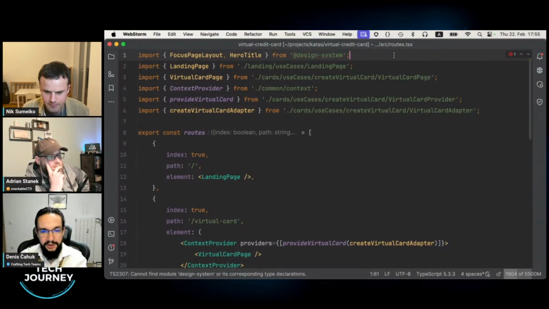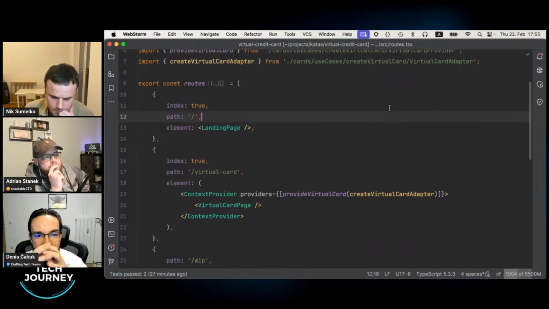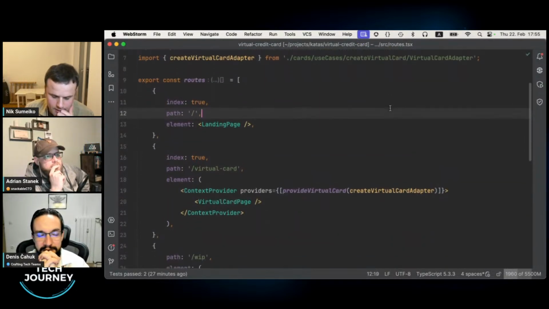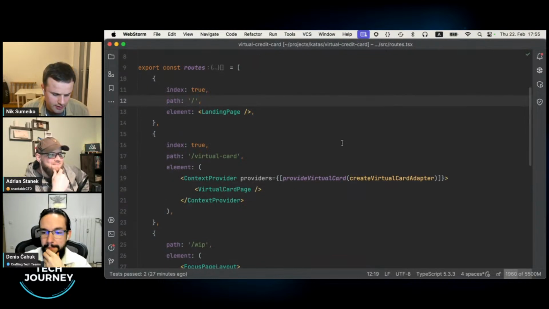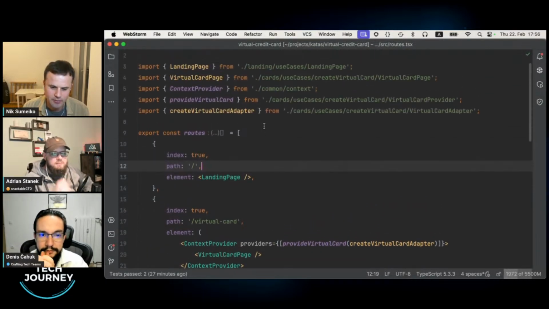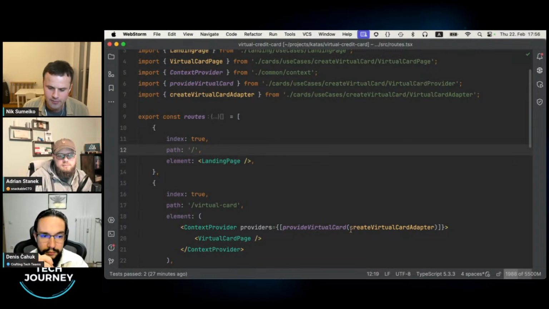We have a lot of virtual card something on the screen. I just wanted to make sure we got the detail right. What we did actually, what is important, is we introduced this interface and we make sure that the adapter is completely decoupled from the rest of the application. We imported it very high in our application here in routes, for example, and plug it into our context.